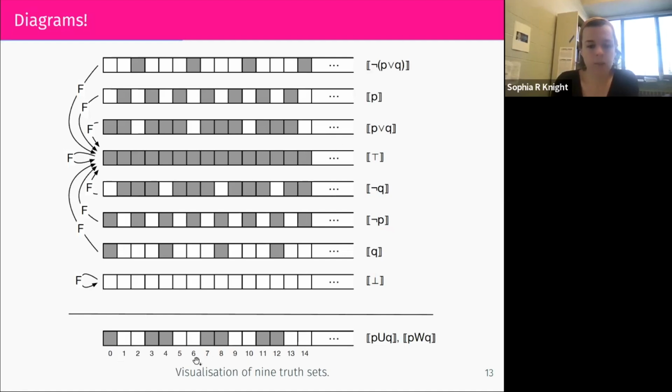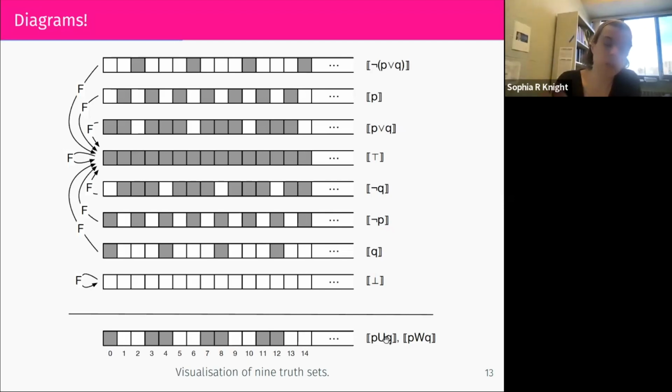And then here is the truth set algebra for p until q. So if we think about p until q, remember it means p stays true until q is true. In this specific model, that's going to be just the points either where q is true right now, or where p is true directly before q is true, since p alternates. So it's basically like 3, 4, 7, 8, and all those numbers, like numbers divisible by 4 and then the odd number before it. So it's this picture here.